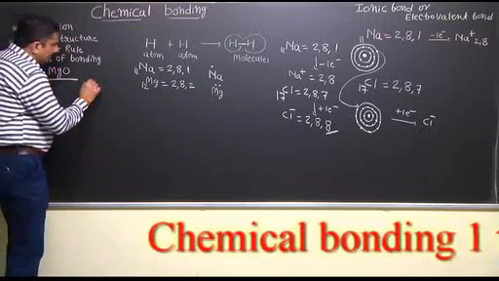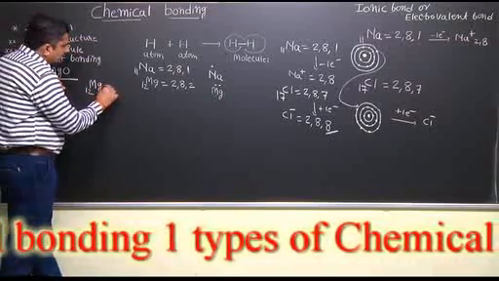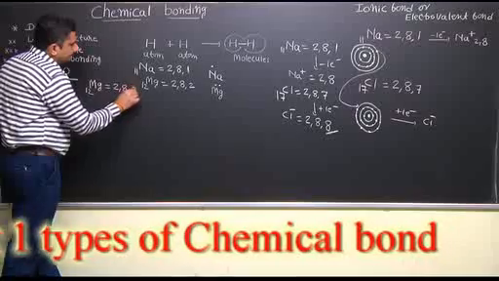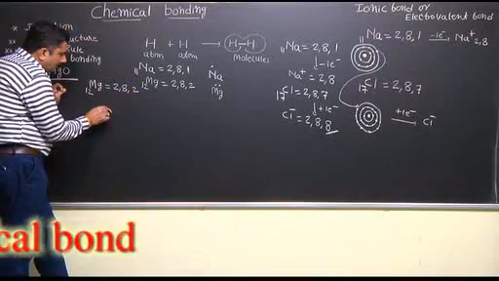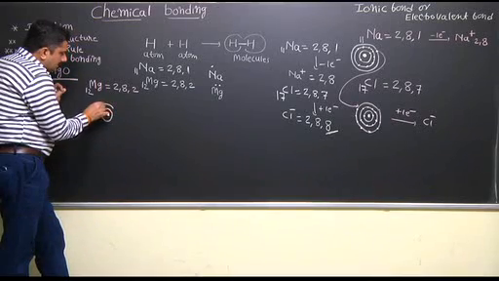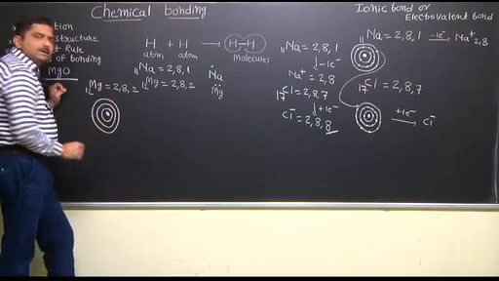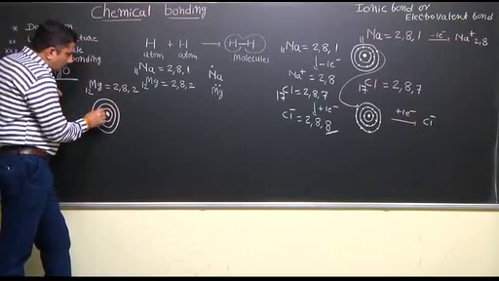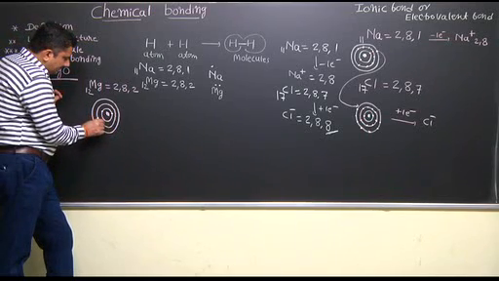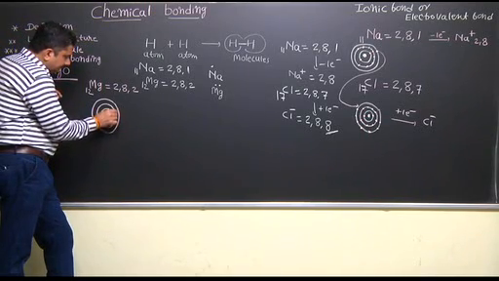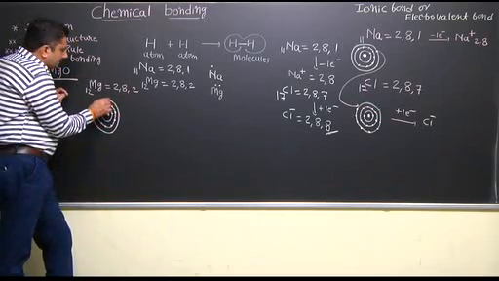Magnesium, atomic number 12. We can write it like this, 2, 8, 2. The structure is nucleus, first orbit, second orbit and third orbit. In the first orbit, 2 electrons are present, while in the second 8 electrons are present, and in the outermost shell, meaning valence shell, 2 electrons are present.